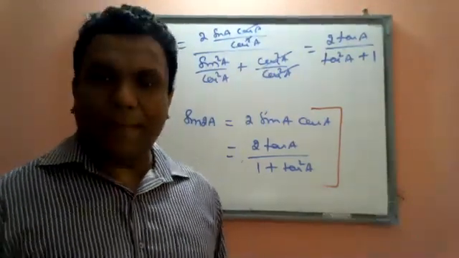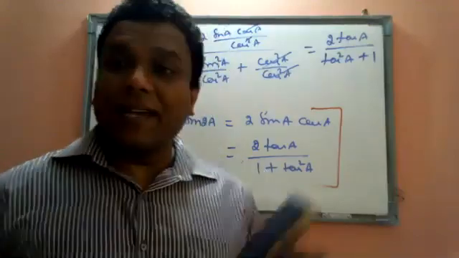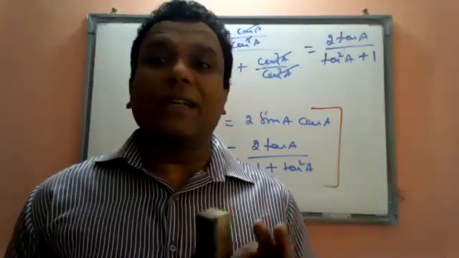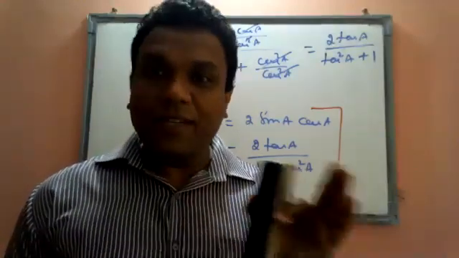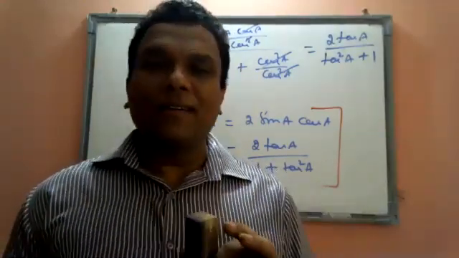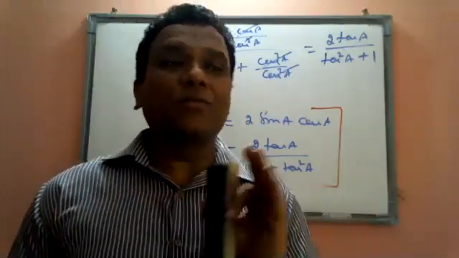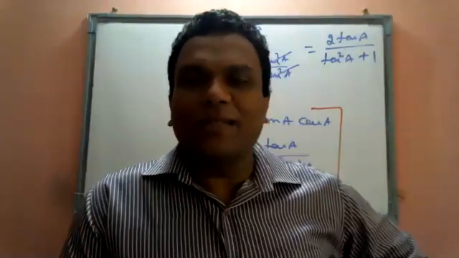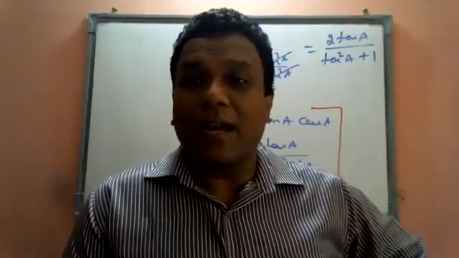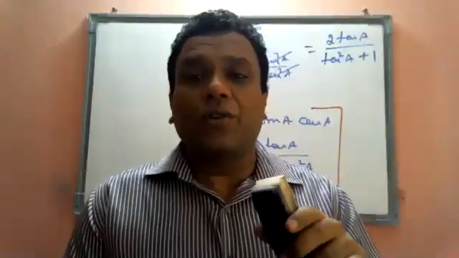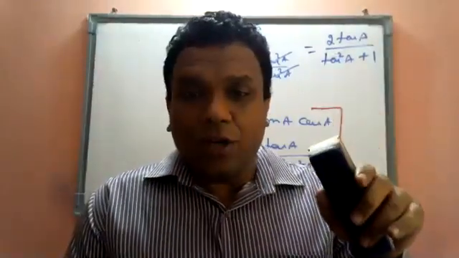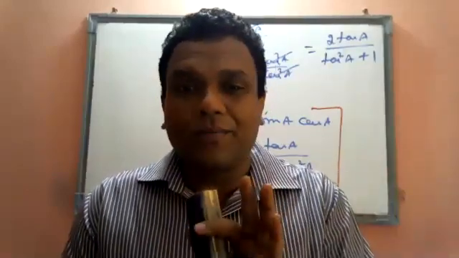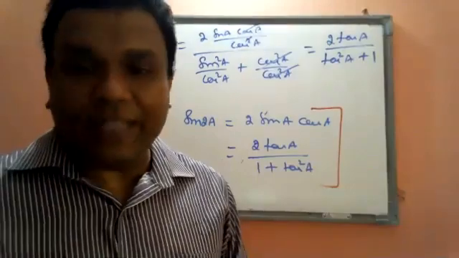All clear? Okay. I derived sin 2a, now next I derive cos 2a, and after that tan 2a. So I will derive multiple angles for sin, cos, tan. If I get the last three, I can convert them in terms of the first three. For example, cosecant 2a can be written as 1 by sin 2a, and I know the formula of sin 2a. So whichever derivation you take, we will concentrate on sin, cos, tan. We will not concentrate on secant, cosecant and cot. Okay, right? Now I'll continue.